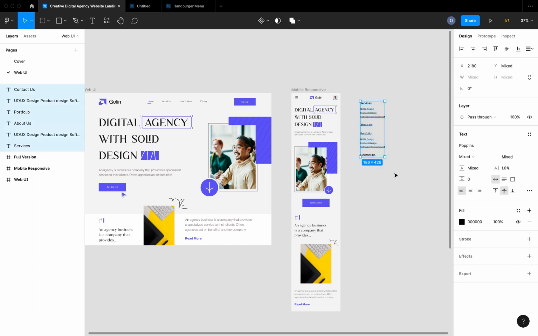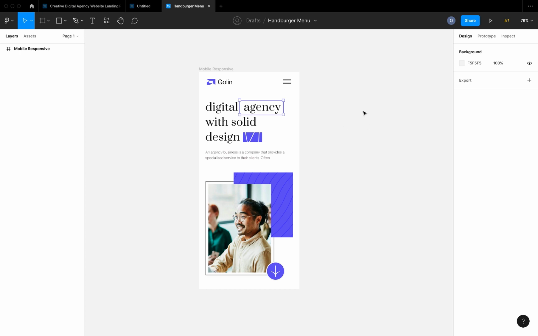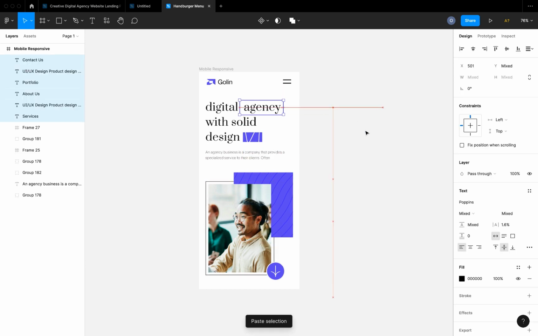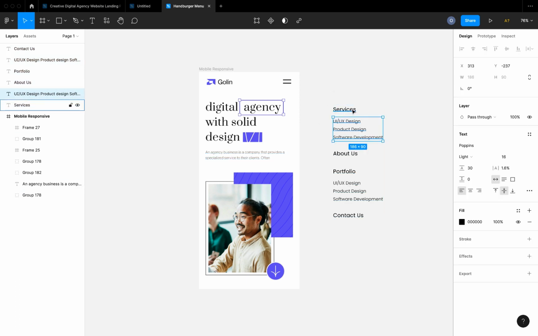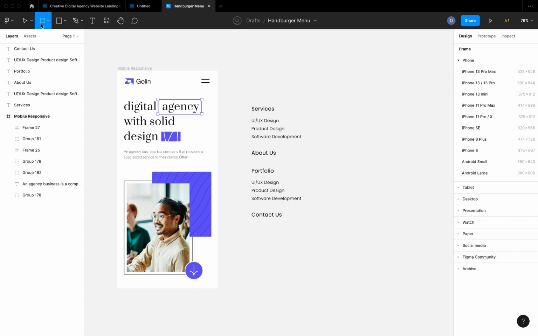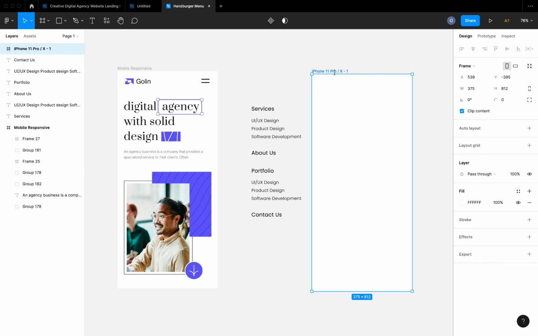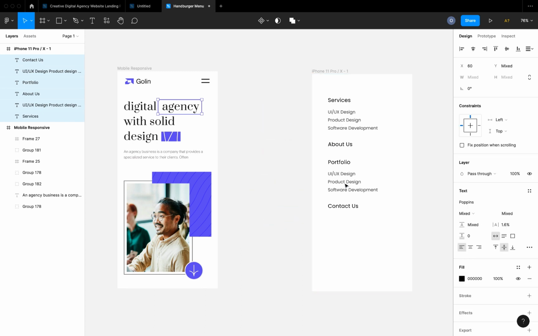I'm just going to copy this text, which is going to be the menu item text, and I'm going to just bring it into these designs that I just created right here. So basically what we want to do is to have a different page that shows all of these submenu items, which would have normally been listed out if you're on a web view, but since this is a mobile view, we just want to hide all of this in a navigation bar. So I'm going to click on frame and create a new frame. I'm going to select all our navigations and I'm going to put it in these new frames because this is where we are going to be making